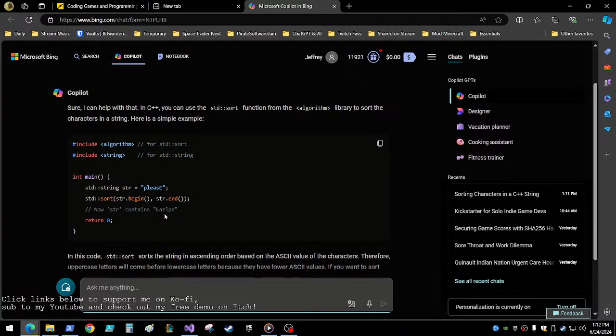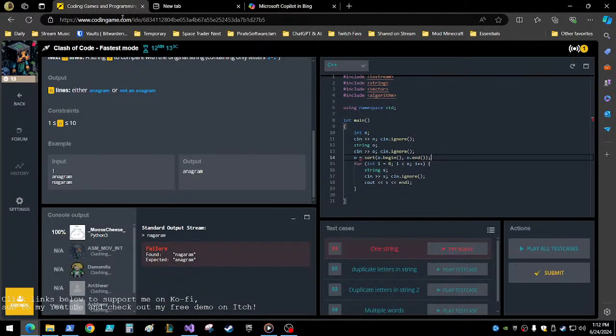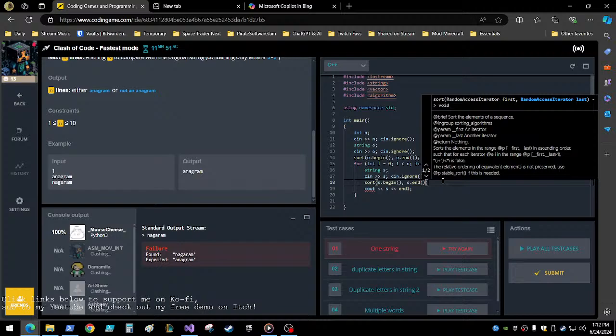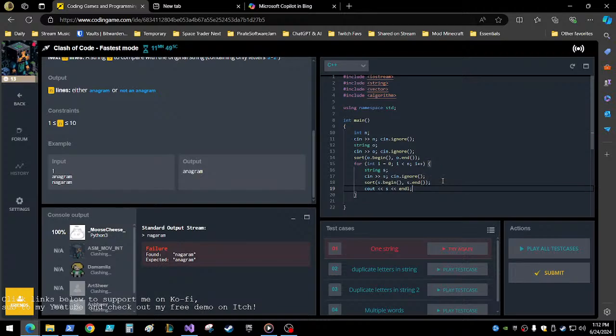Now, string contain. Oh, we don't even need to set it equal. It doesn't return, it just sorts. Okay. Good Lord, and then my microphone fell right now. That probably sounded interesting. All right, sort s dot begin, s dot end. And then we just want to compare equal. If